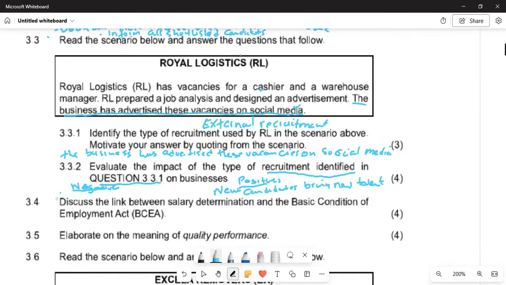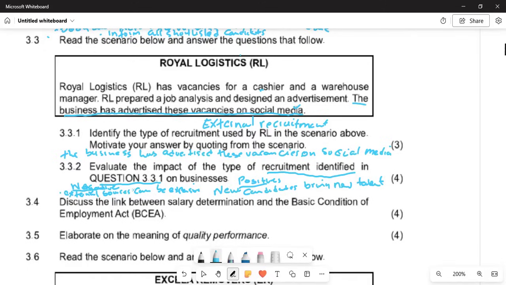Or we can say external sources can be expensive, such as recruitment agencies, fees, advertisement in newspapers. So those are going to cost you. So this is how we were to answer it, but there are so many advantages and disadvantages under